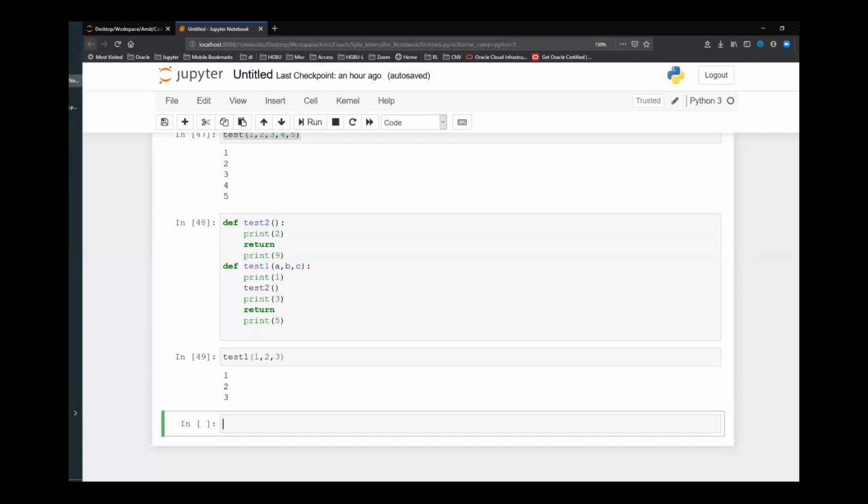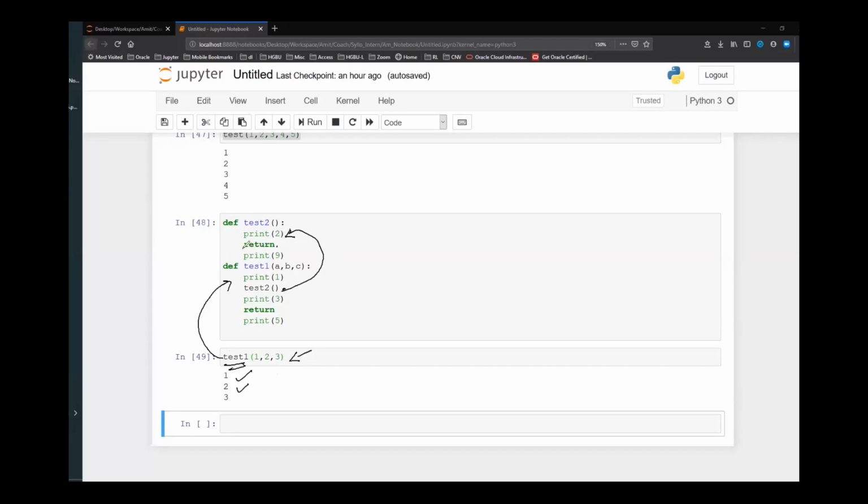Okay, but let me explain what is happening. What I'm doing here is I'm calling function test1. The moment I run this cell, this line of executable code, the execution flow will jump from here and go inside this function, which is test1. It will print 1 for me, right? It is printing 1. Then here I'm calling another function, test2. So from here, the execution will jump to this function and it will print 2, right? It is printing 2. After that, it returns.